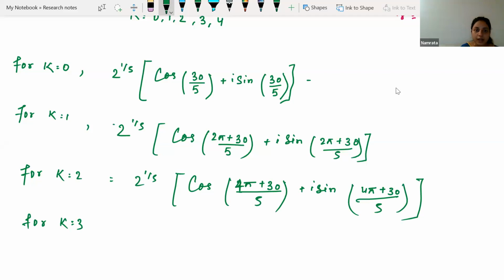Now here we can write 30 by 5 as 6. So we can write it as 2 to the power 1 by 5 cos 6 degree plus i sine 6 degree. We need to keep our answer as it is because we will not be focusing on how to find the value of 6 degree. Let's keep it as it is. Now 2 pi plus 30 by 5. So here,